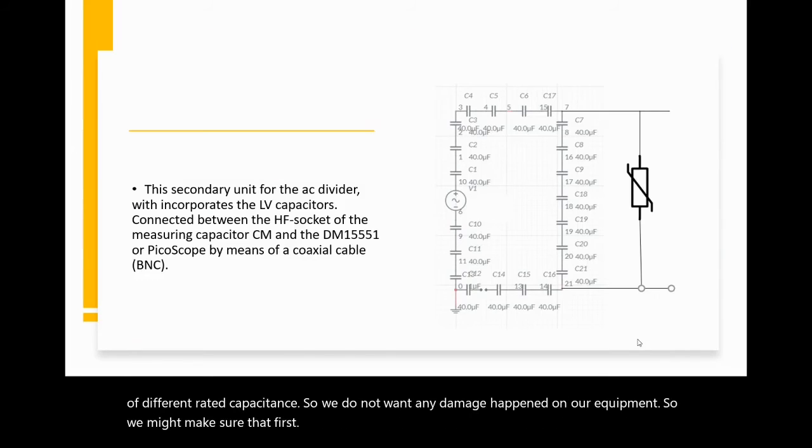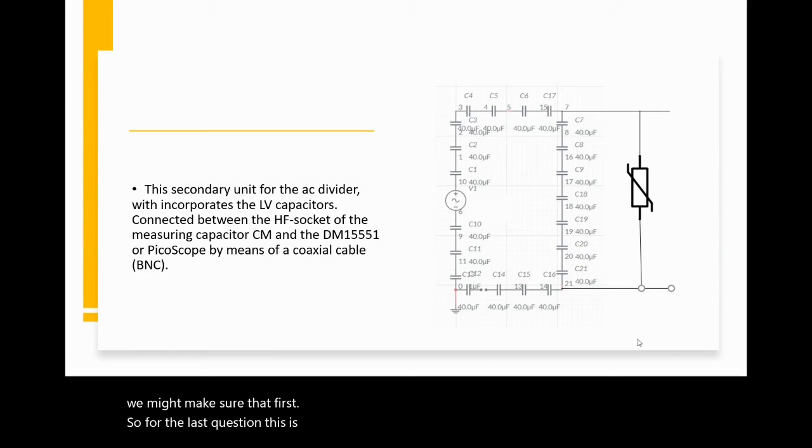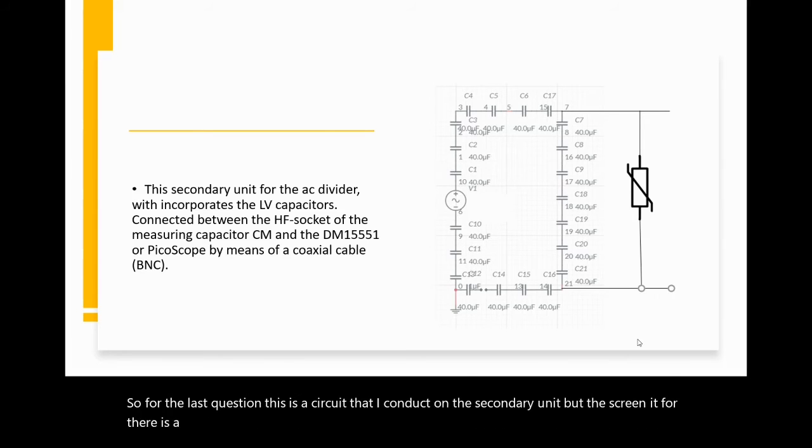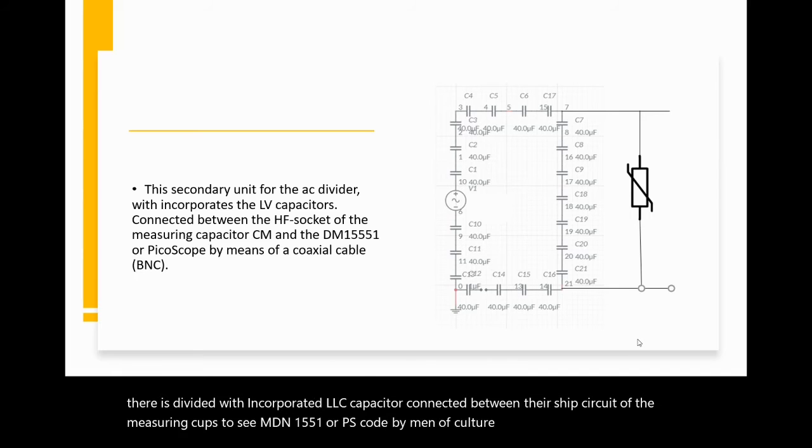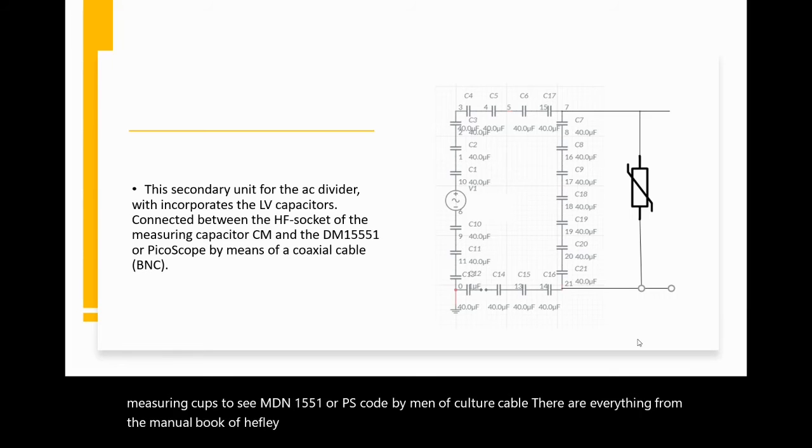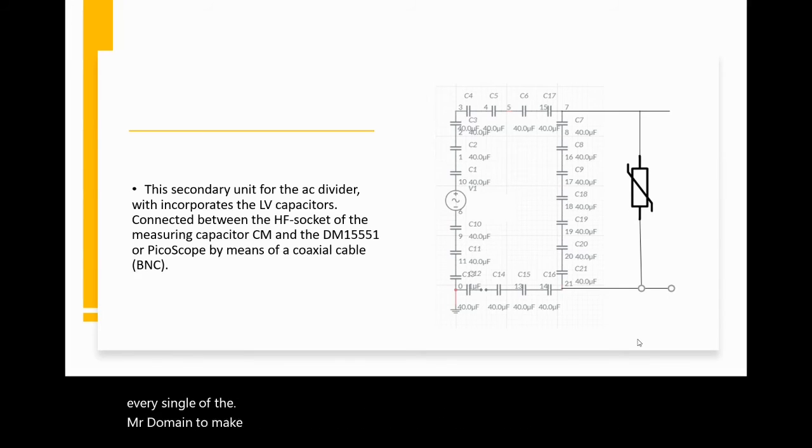So for the last question, this is a circuit that I have conducted on the secondary unit. The secondary unit is for the AC divider, which incorporates the LC capacitor connected between the shaft socket of the measuring capacitor CM and the DM15551 or oscilloscope by means of coaxial cable, which I referred to from the manual book of Haefely Hipotronics. So after the calculation, I will make sure that every single capacitor is made as 20 microfarad at 2 microfarad, they have considered one of the capacitors in series and connected